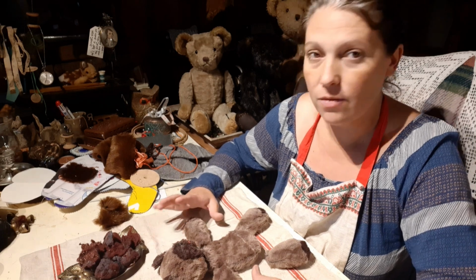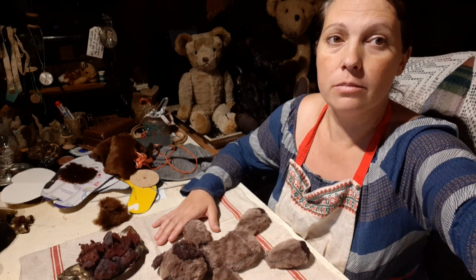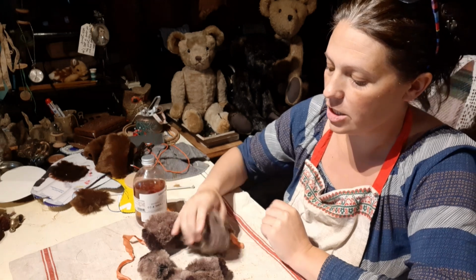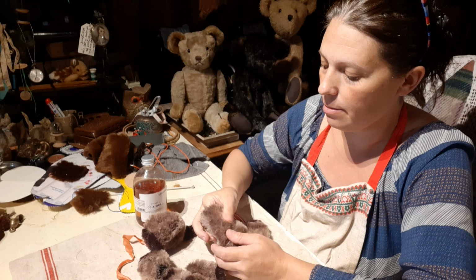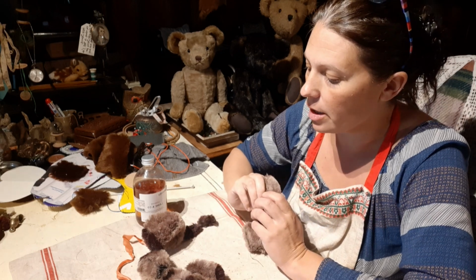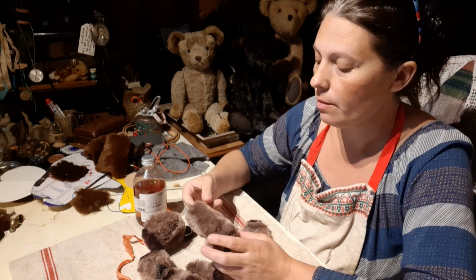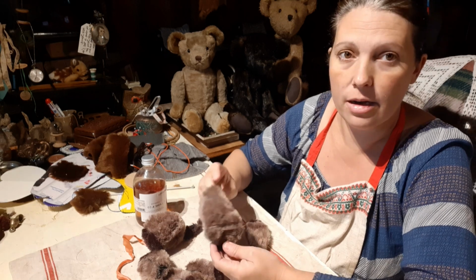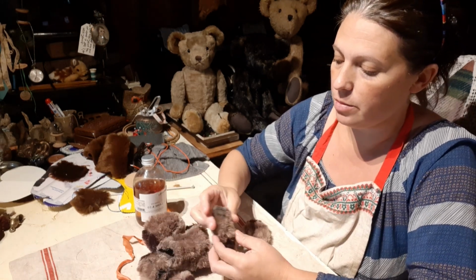So I'm going to go and get the stuff to give him a bit of a wash, and then we will put him back together again. Okay, we're back from our small wash. He's had a surface wash and lots of dirt came out of him, so he's a little bit damp. I'm going to end this video here because I need to get the fire going and sit him nice in front of the fire so he can warm up on a chair and dry thoroughly before I put any more new stuffing in him, because obviously we don't want to put stuffing into damp